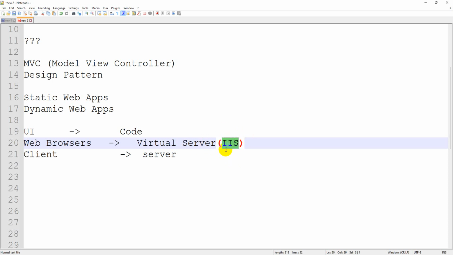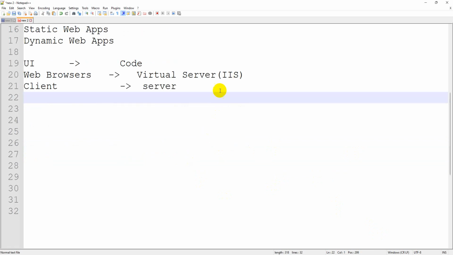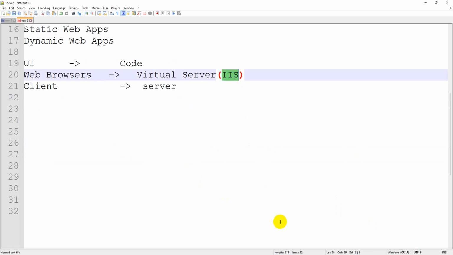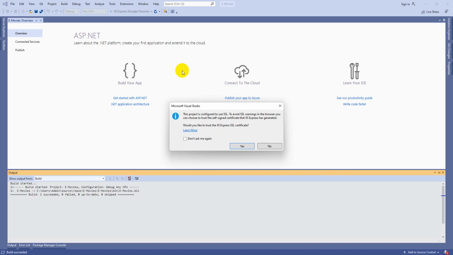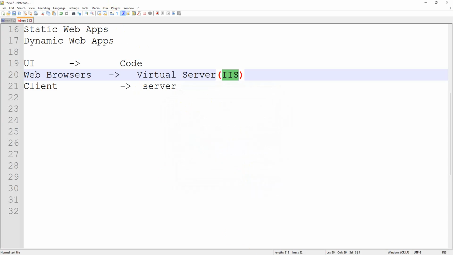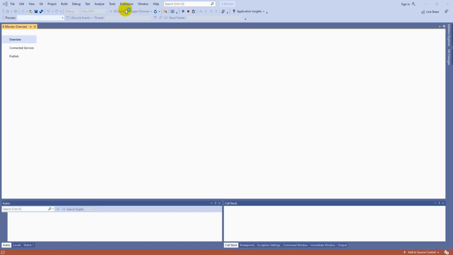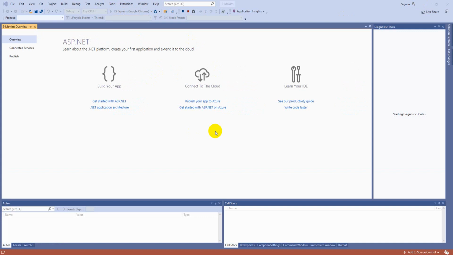Normally for Java kind of servers, you have to install them and configure them. A lot of steps are included. But in .NET, this IIS is internally pre-configured so that you can directly execute your application. There is an execute option, you can execute by F5 or else you can click on this IIS Express. It is not a full version, the IIS Express version comes along with Visual Studio.